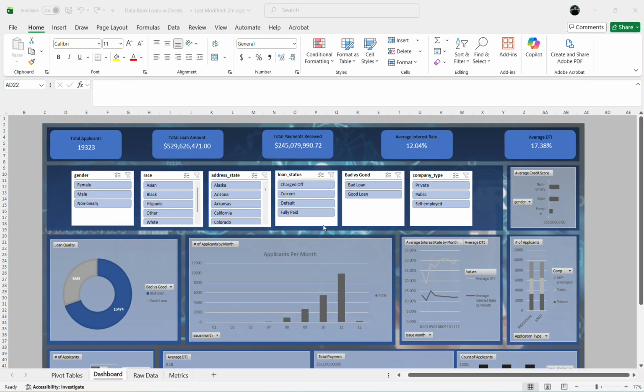In this presentation, I will be walking you through the interactive loan portfolio dashboard that I have developed using the raw data from the bank loans that was provided. I used this dashboard to analyze more than 19,000 loan applications. My goal with this dashboard is to show how